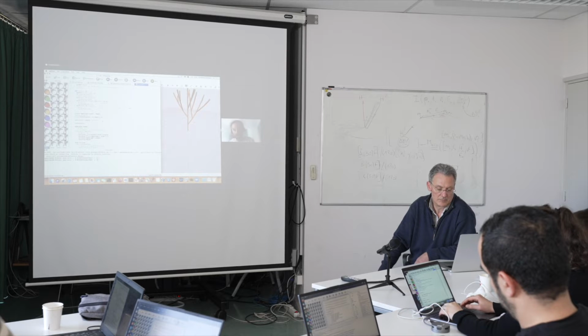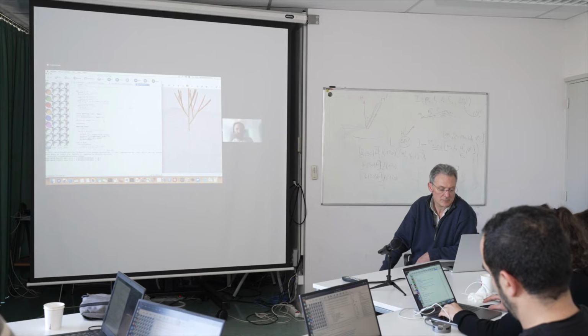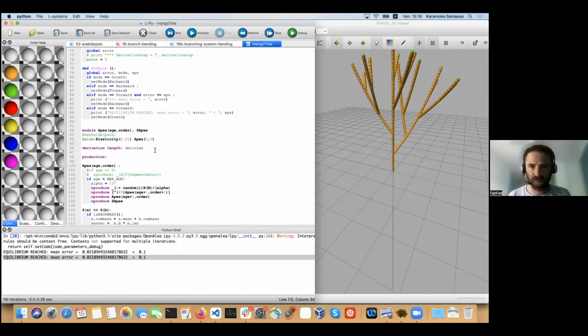But our Arabidopsis plant is much more wavy, and I think it's because growth is much faster, and you have a constant oscillation of the tip between different stimuli, gravitropism,